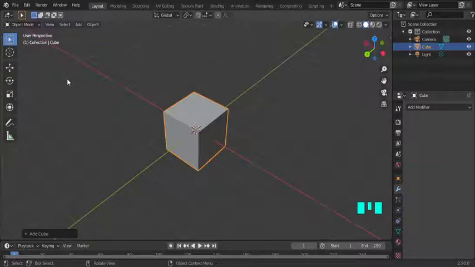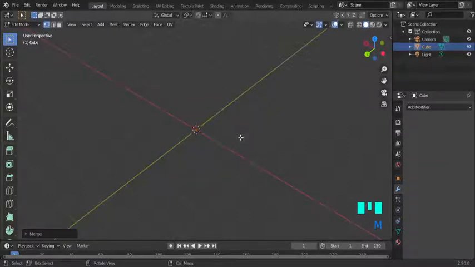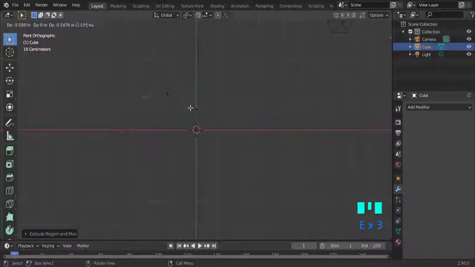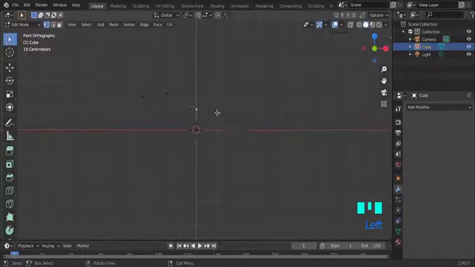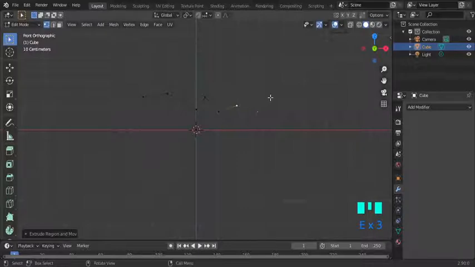We go first to edit mode and go to M and center, and then we go to 1. Extrude, extrude, and then we go here, extrude, extrude, and extrude, and now we're gonna